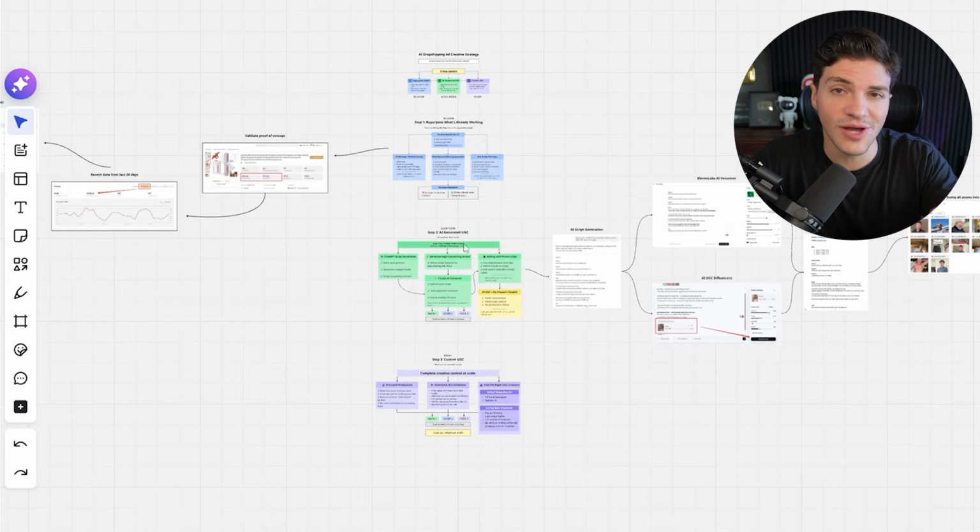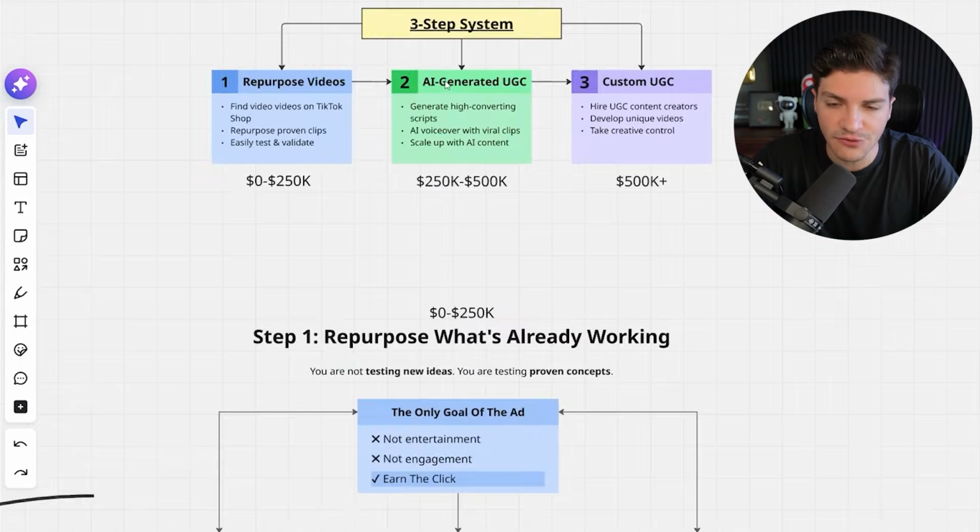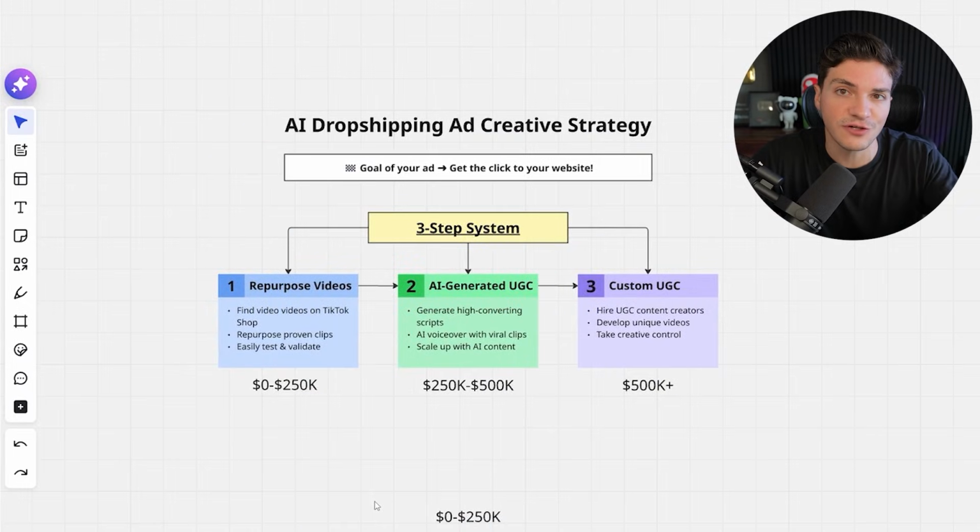So I'm about to show you guys how to use AI to make profitable e-commerce ads. This is going to be your full guide to go from zero to your first $500,000 online. So we're covering how to copy paste TikToks for your first 6 figures. We'll then transition into using AI influencers to cross the $250,000 mark. And then when you're ready to build a real brand, we'll also cover how to go about getting some custom